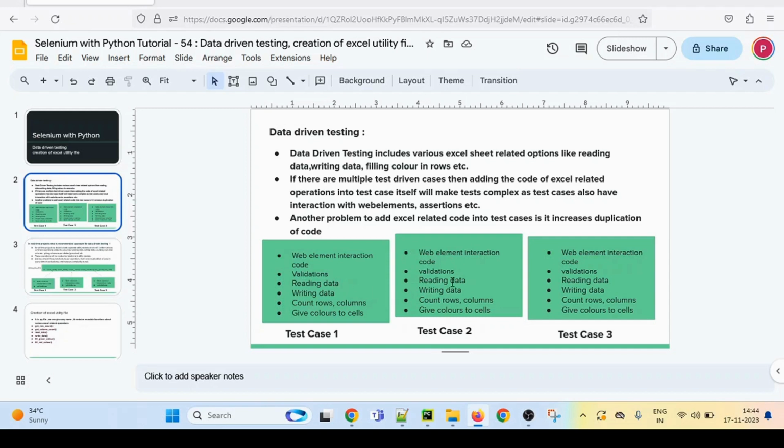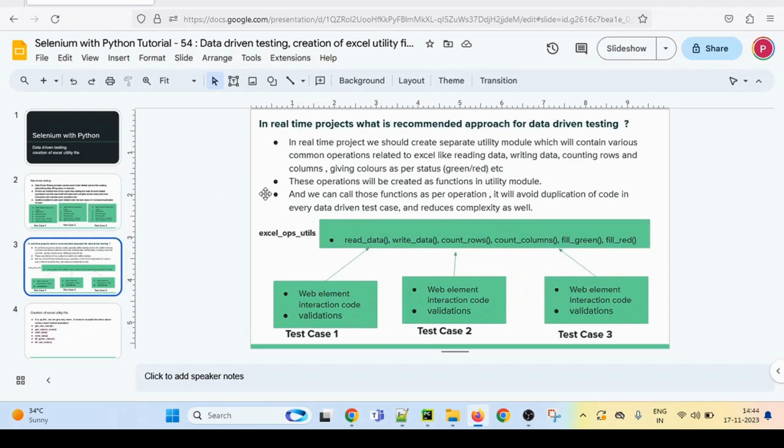So in that situation, it will increase the duplication of code if you write each and every Excel related code into the test case. So for that, the approach we have to follow is we have to write an Excel util file separately in which we will write different functions related to Excel sheet operations. For example, reading of data, writing of data, counting rows, columns, filling green color or filling red color.